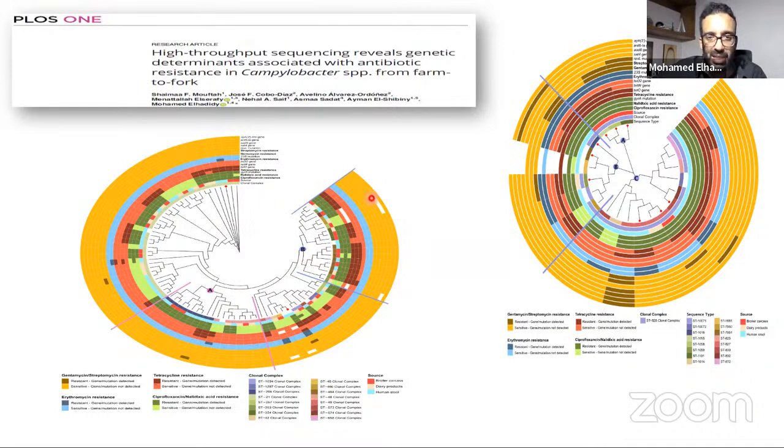What we notice here is that different clades have a homogeneous resistance pattern, which means that each clone has a kind of dissemination success in acquiring antimicrobial resistance genes. So as I mentioned, doing whole genome sequencing and microbial genomic analysis can give you better insight about the evolution of antimicrobial resistance by upscaling the typing mechanism, and by comparing this with the normal phenotypic data, you can have better insights about the evolutionary mechanisms of resistance.